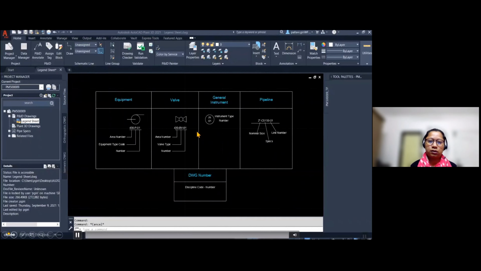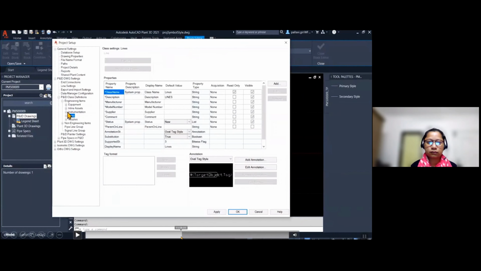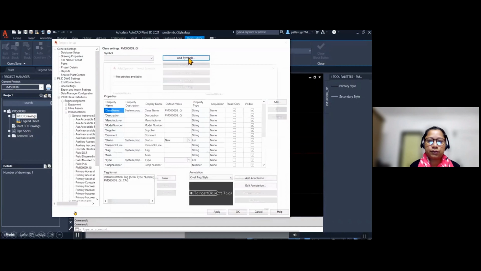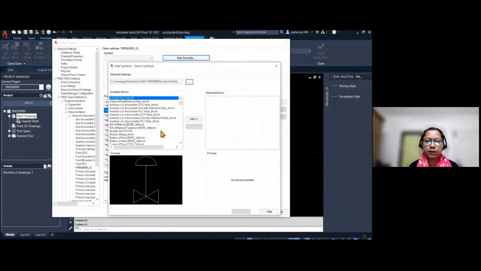So you can see, oh, sorry. I'm sorry, I went back. So I'm going to add a new symbol, selecting my project first. We need to select this project symbol style first.